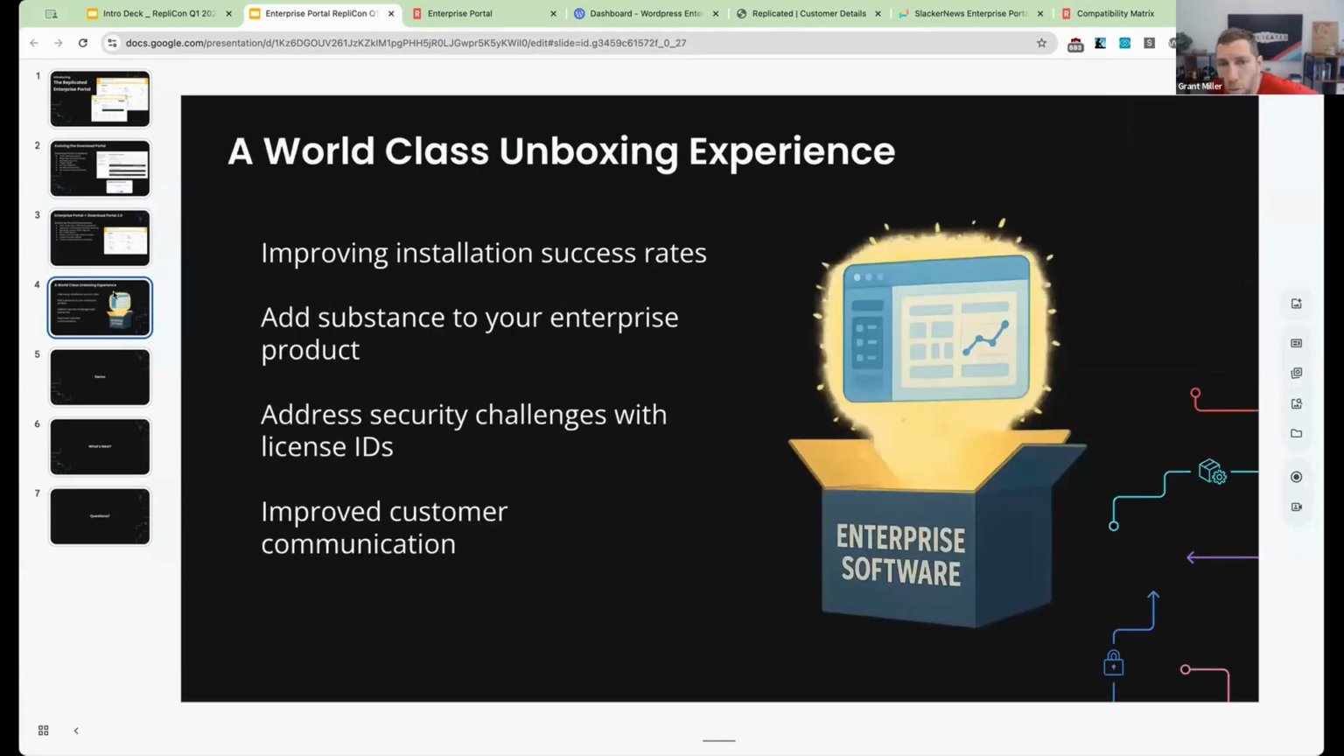Really our goal here is to create a world-class unboxing experience. One of the key metrics that we're following everywhere is installation success rate. We want your customers to be able to very quickly and easily follow instructions and get a version of your software deployed in their environment. We think providing direct guidance, so that they don't get confused by the documentation, they know what the next step is, they know what the options are, is a really powerful way to make that installation success rate improve for all of your end customer